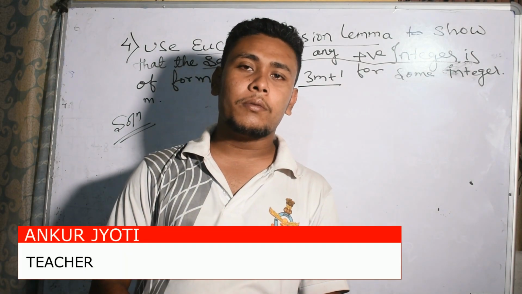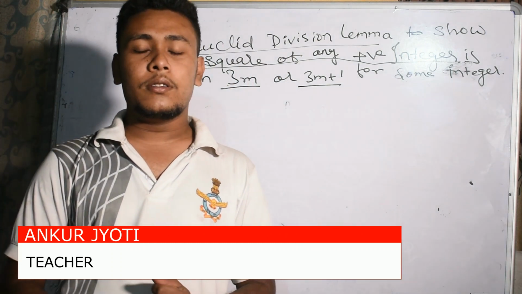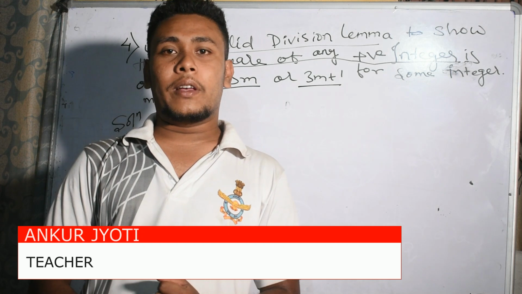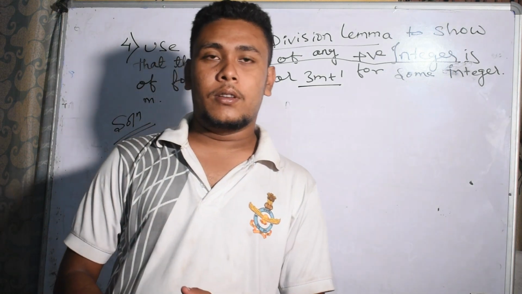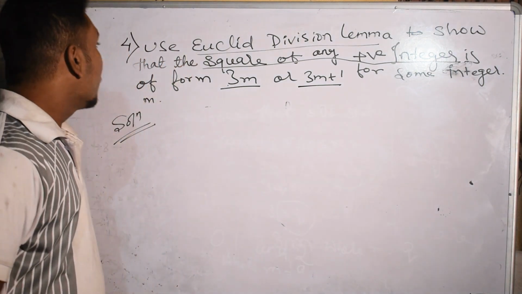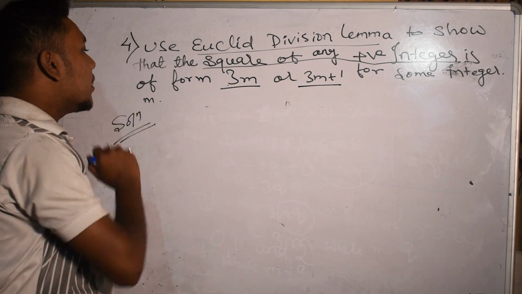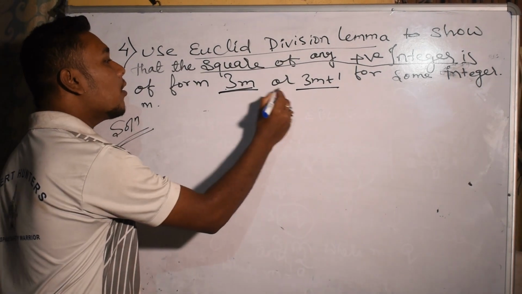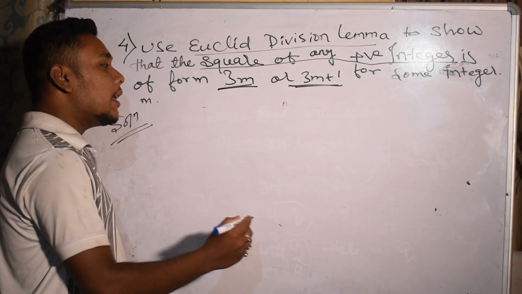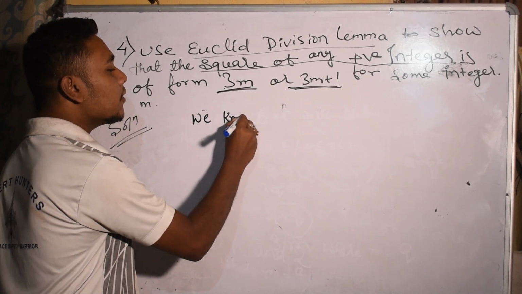Welcome to part C of the third part of the real numbers, exercise 1.1. Okay, let us start from the question. Use Euclid's division lemma to show the square of any positive integer is of the form 3m or 3m plus 1. Using EDL. We know that EDL states